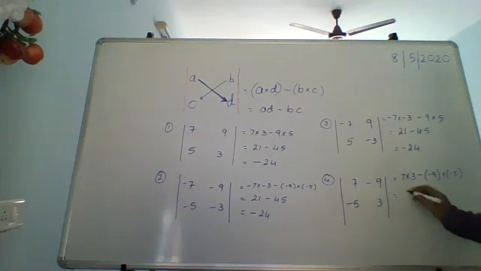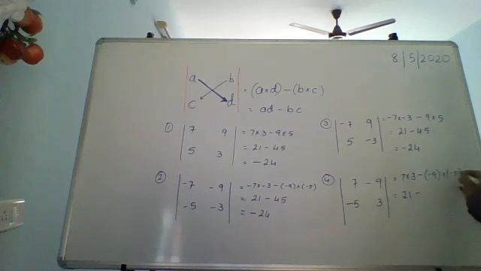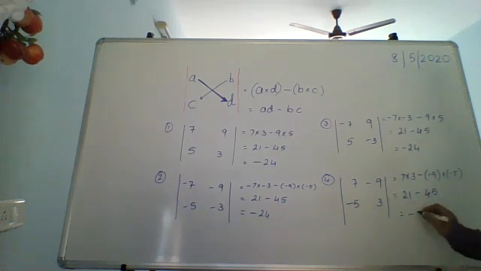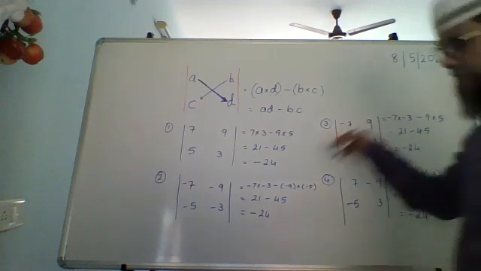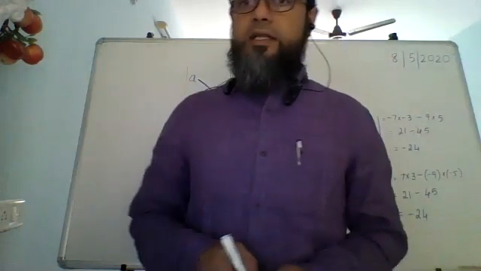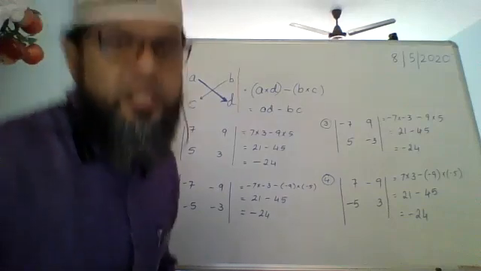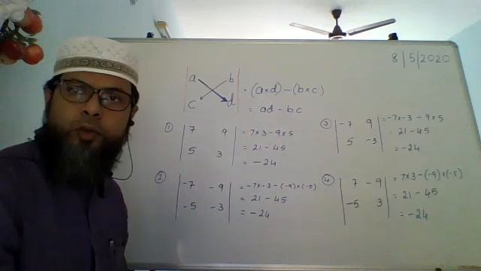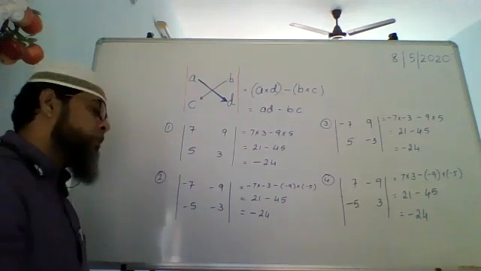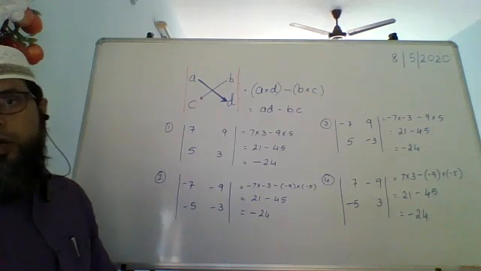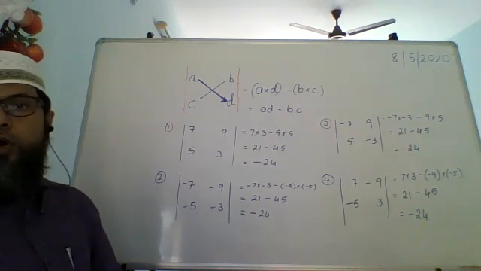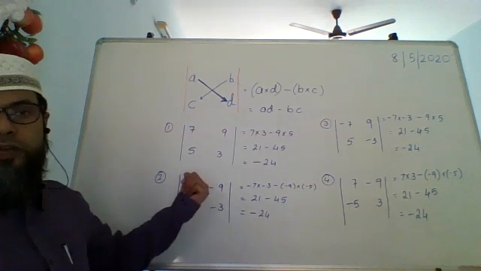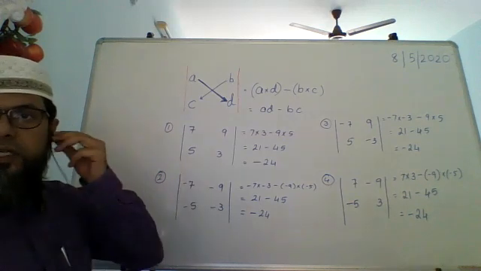7 into 3 is 21, minus into minus is going to become +45. So here you can see, if you have got these right, then there's no reason why you should not get the others also. It is as simple as this only. It's not very difficult. So अगर ये टाइप के आप लोग बिना मिस्टेक के कर सकते हैं, तो यकीन मानो most of your sums, most not all, most of your sums are going to be like this only. You don't have to worry too much if you can do these kind of sums.